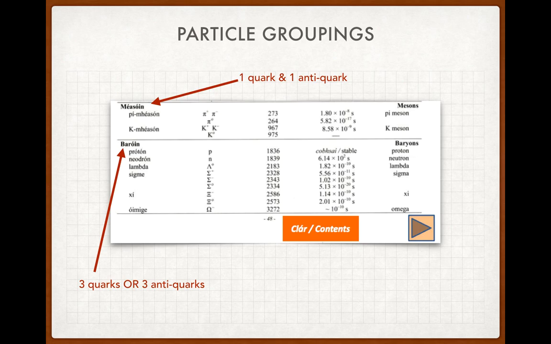And in the second column there, you're given a list of different mesons and different baryons. So the first 3 are the pi mesons. There's a pi positive, a pi negative, and a pi neutral, so 3 different charges depending on their quark composition. There's 3 kaons, positive, negative, and neutral, depending on their quark composition. And then if we look at the baryons, you have the proton and the neutron, which you need to know